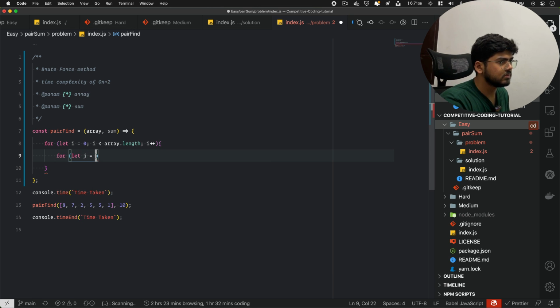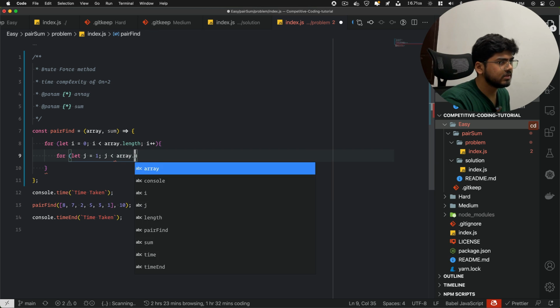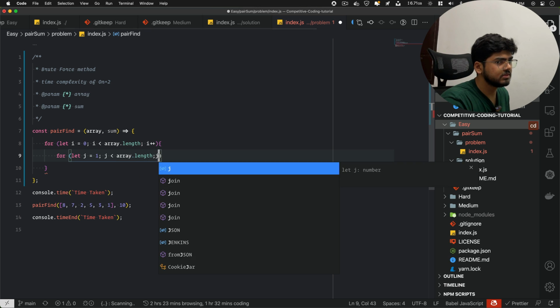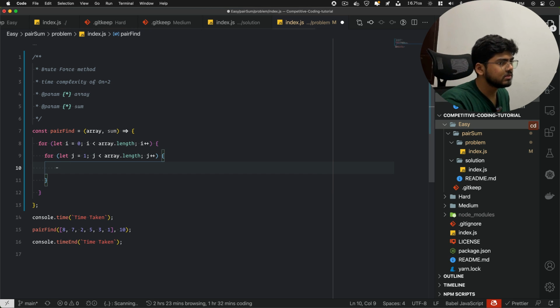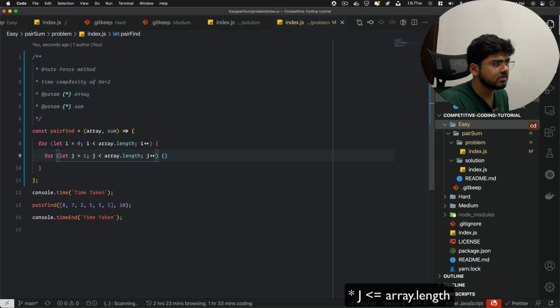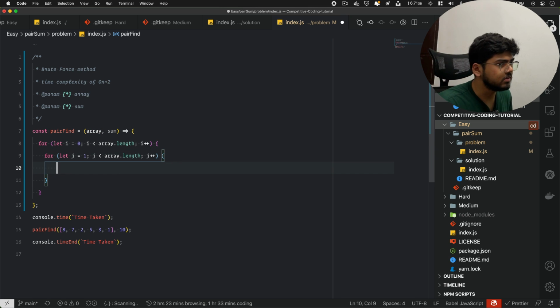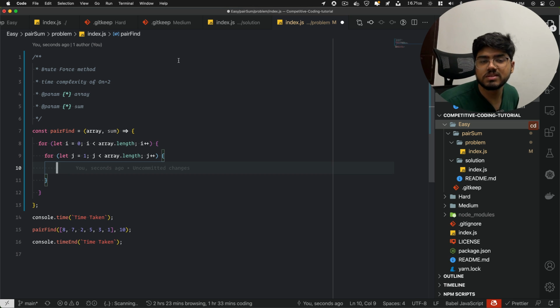Let j is equal to 1, and j will be less than array dot length, and j plus plus. Now what we have to do is we have to check. I think there is something wrong, and I'll tell you what's wrong in the loop, but let's go ahead. While doing live coding, you get to know that even I make mistakes and anyone can make mistakes. So it's a good part.